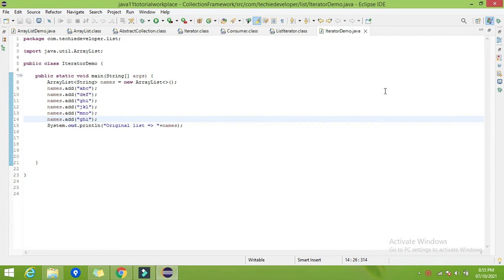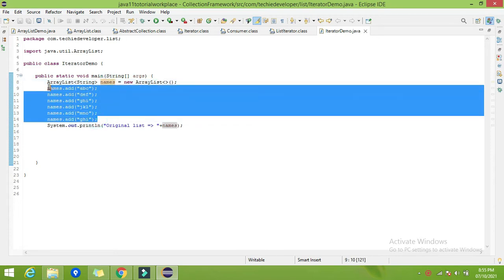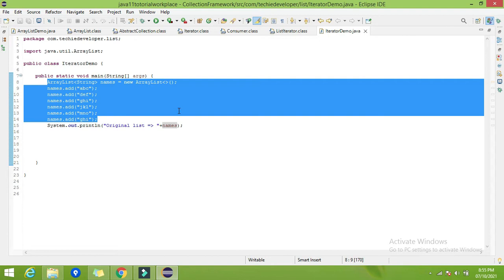Suppose I have created an ArrayList, given the name as names, and added these 6 elements in the ArrayList. Now I want to print each element one by one on a separate line. So how can I achieve this?